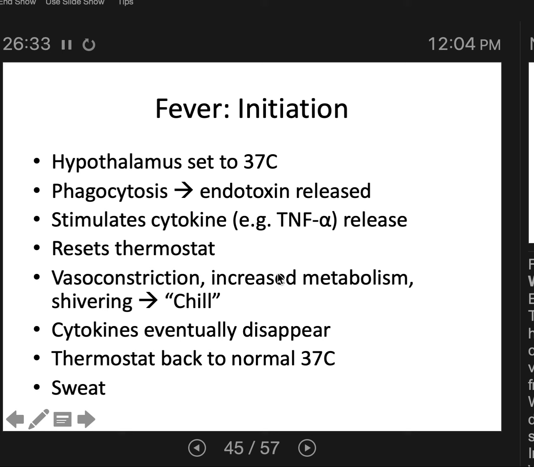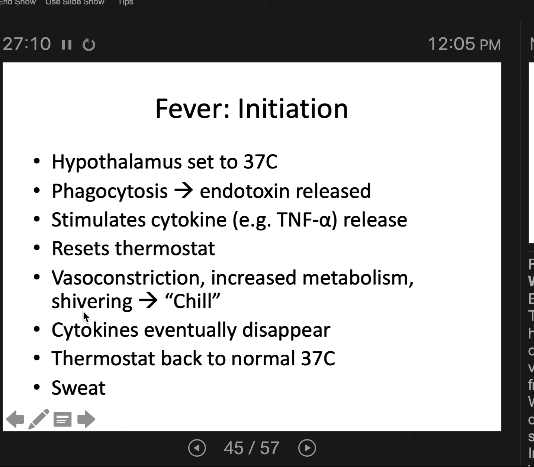So TNF-alpha is then going to travel, if you have enough of it, to the brain, and it is going to reset the thermostat in your hypothalamus to a higher setting. And the amount of TNF-alpha is going to determine how high that thermostat setting goes. So maybe now you've got all this TNF-alpha from all this endotoxin that's being released. That's going to reset the thermostat, let's just say to 102 degrees Fahrenheit or something like that, or 40-ish degrees Celsius. So then you get vasoconstriction,